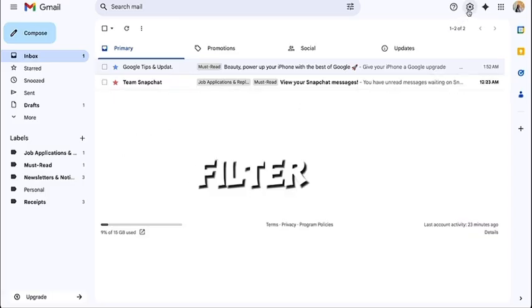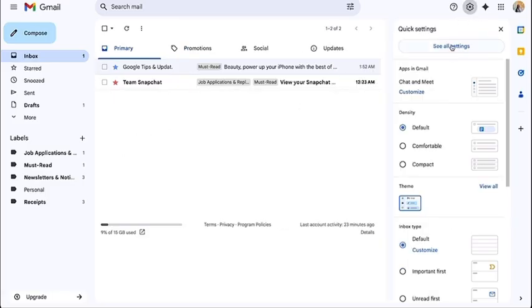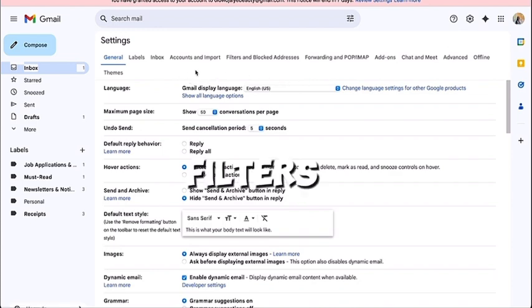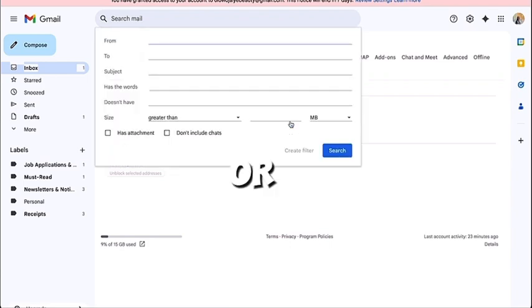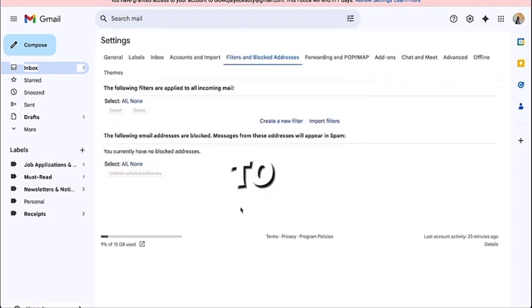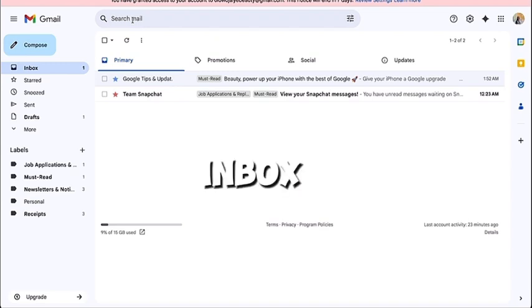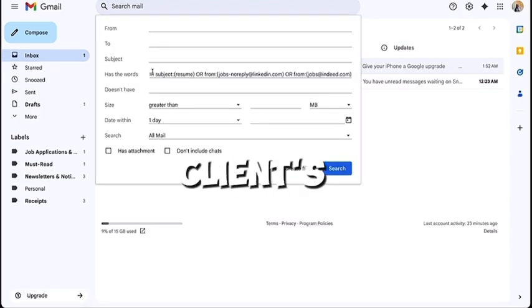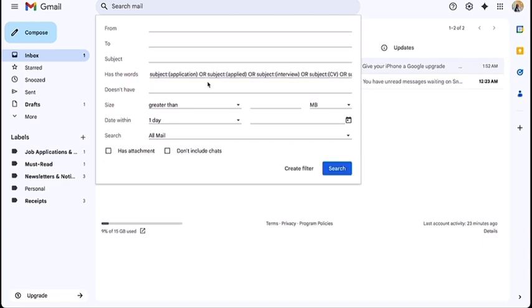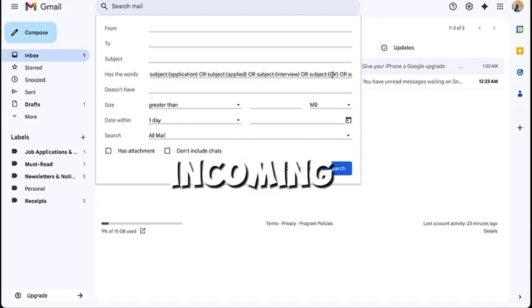To create a filter, go to Settings, click on Filters and Blocked Addresses, then click on Create a New Filter. Or you could also create a filter by going to your search bar at the top of your inbox and clicking on that arrow. Because these clients' priority are mostly replies from job applications, we'll create a filter for every incoming email